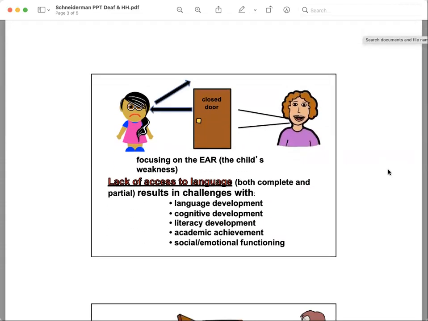So if the society at large were visual, is there any place that we could test this hypothesis? Well, there is: deaf parents of deaf children. In that case, the child's environment is very visually based. The parents are all signing around the child, and the child is able to access the information about what's going on in the environment. As one would expect, that child is not delayed in language, not delayed cognitively, not delayed academically, not delayed socially or emotionally.